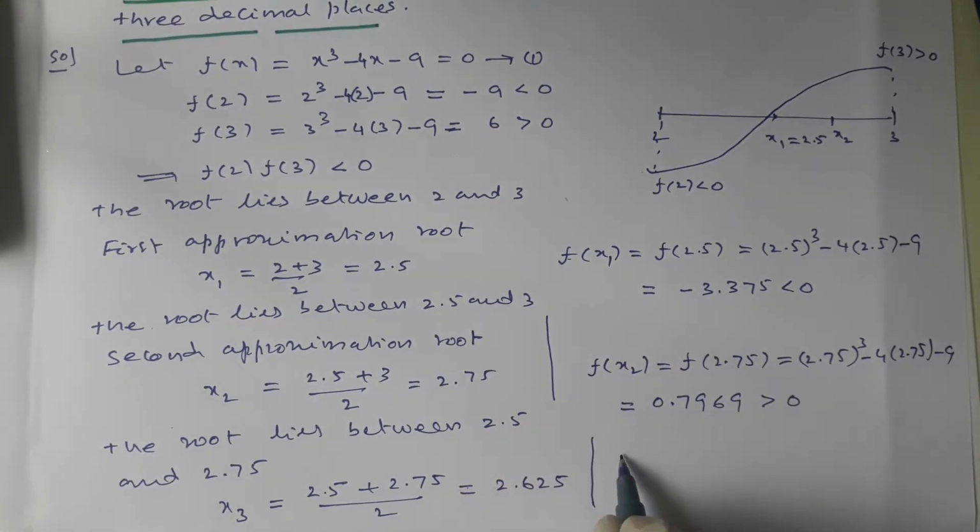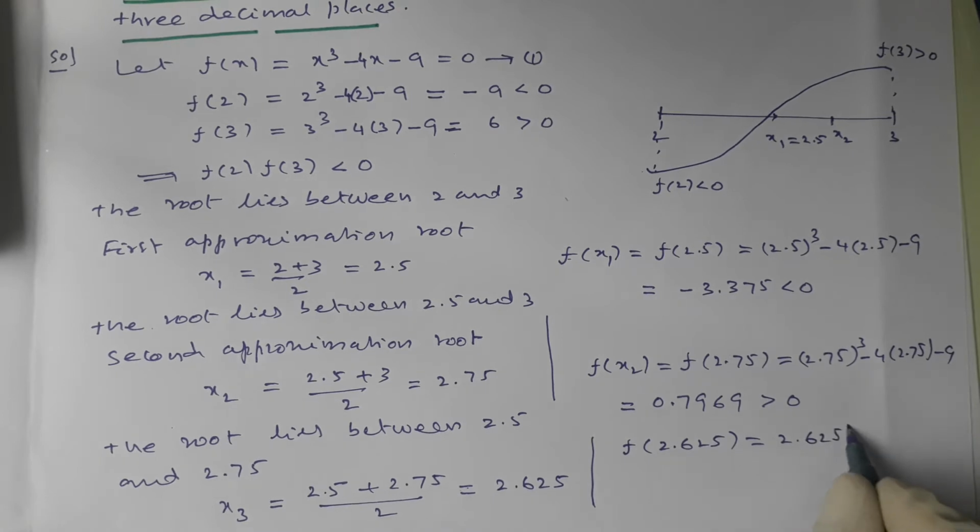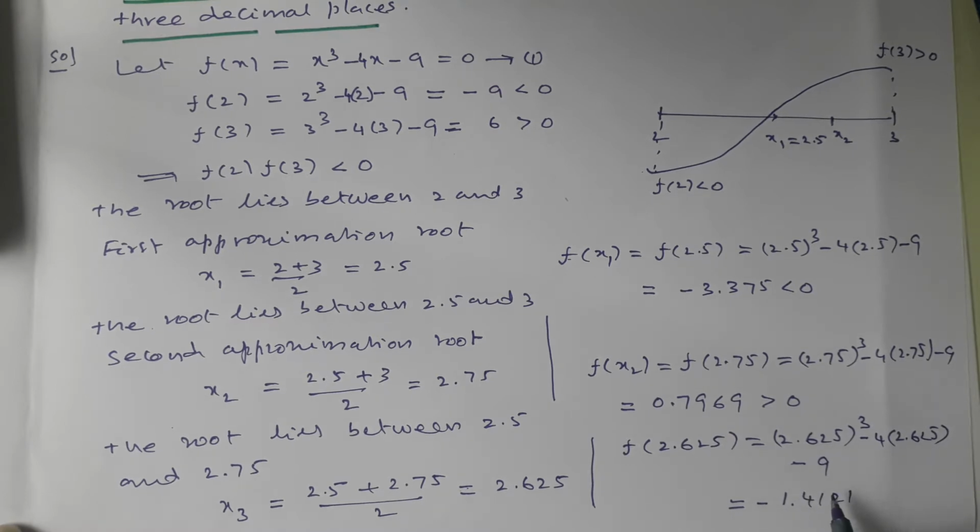Whereas now f of 2.625 is equal to 2.625 whole cube minus 4 into 2.625 minus 9, so what is that value? Minus 1.4121, which is less than 0. So whenever it is less than 0, the next approximation root